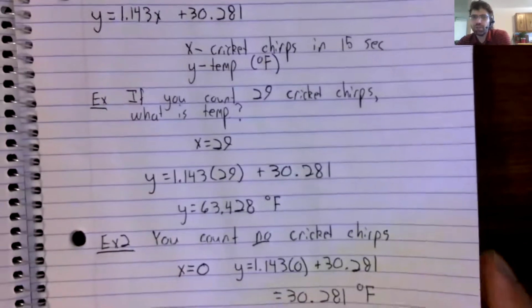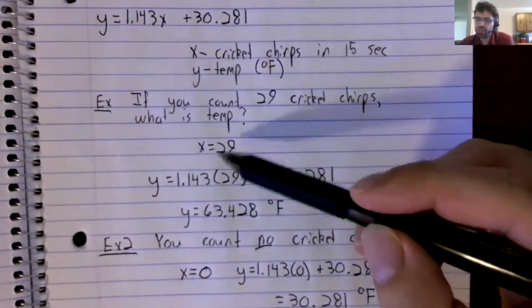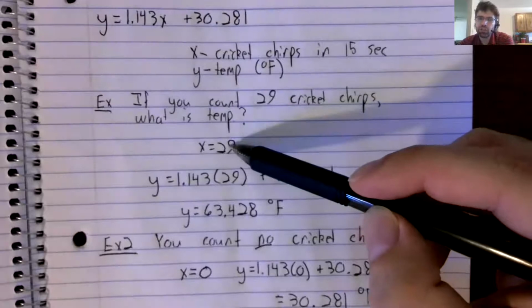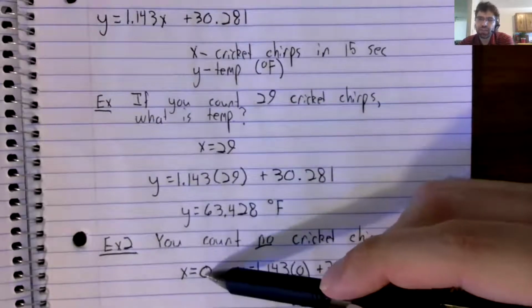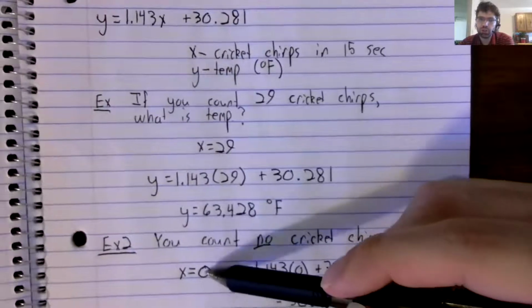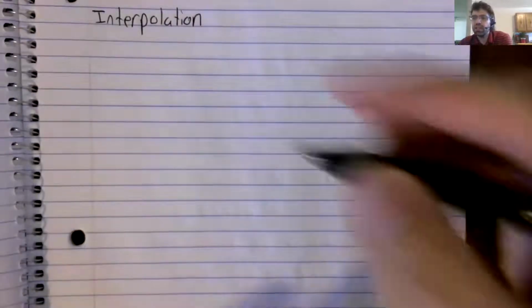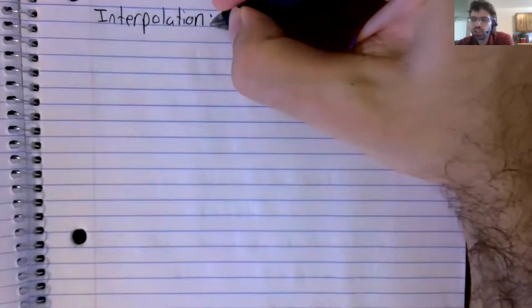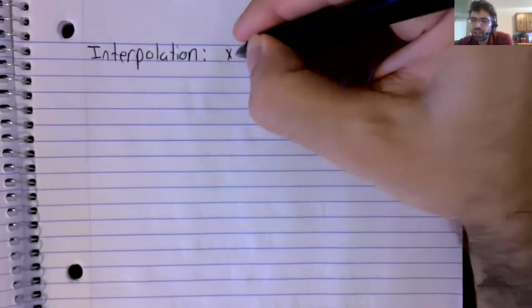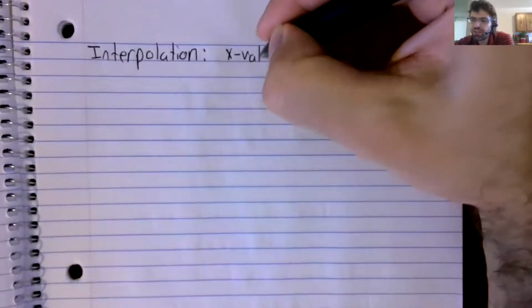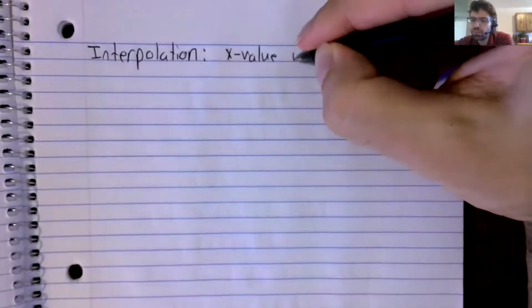We predicted the temperature if we count 29 chirps, and we predicted the temperature if we count 0 chirps. Interpolation is what we call it if the x value